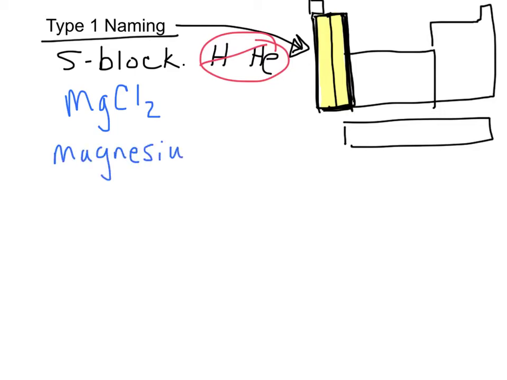Then I name the second, which is chlorine here. But since chlorine is the negative part of that, I say chloride. Anytime it's just an element, we're going to change the ending of the negative element to -ide. Okay? If I have something, say for instance, strontium,